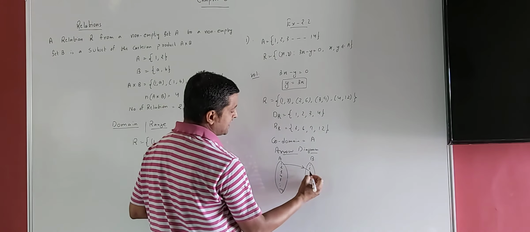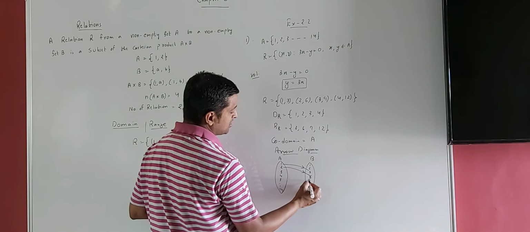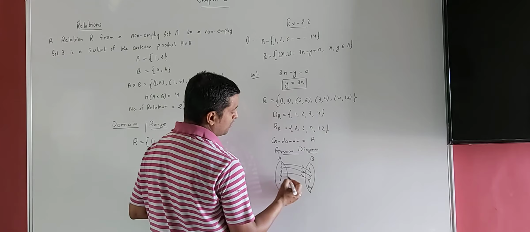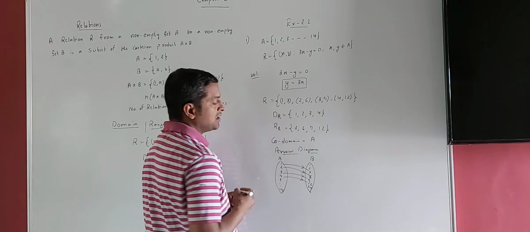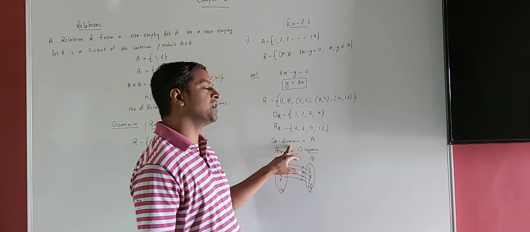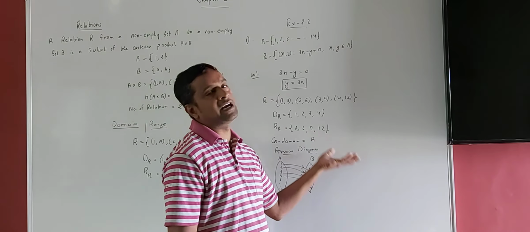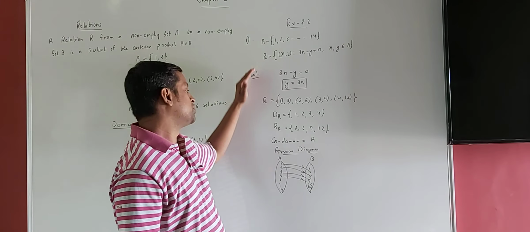2 will relate with 6. Somewhere 6, so 2 will relate with 6. 3 will relate with 9. Somewhere 9, 3 to 9. 4 with 12. Somewhere 12, like this. So this we call an arrow diagram. So this complete set is always the codomain. The codomain is the elements 1 to 14. You can write directly the elements 1 to 14 or directly write the set. Both are the same. So see this solution.